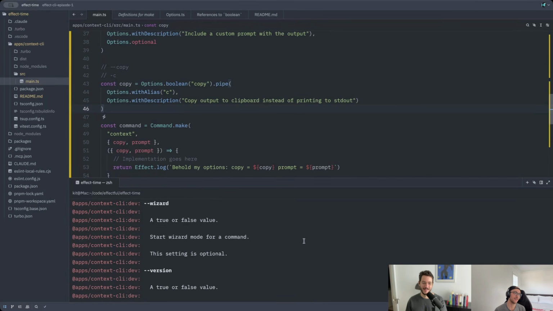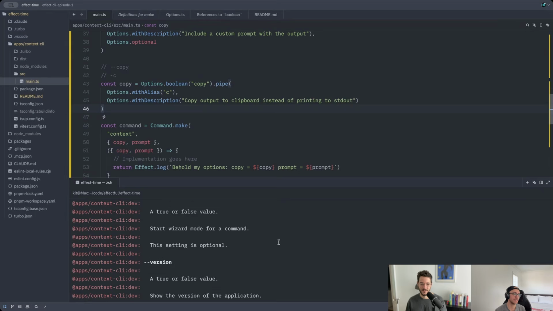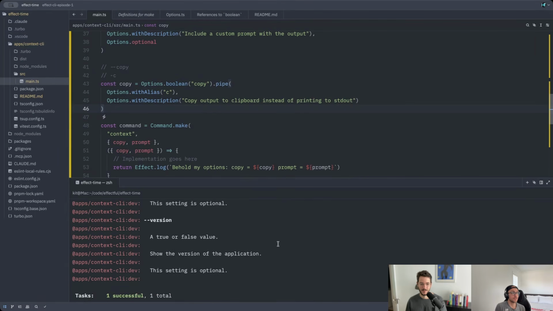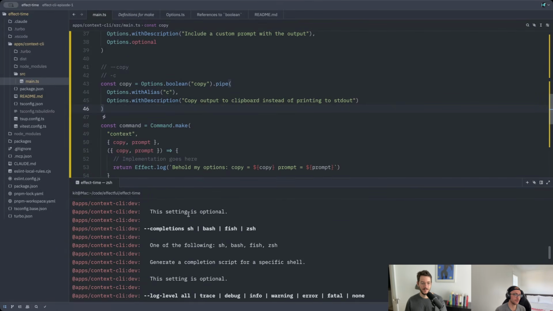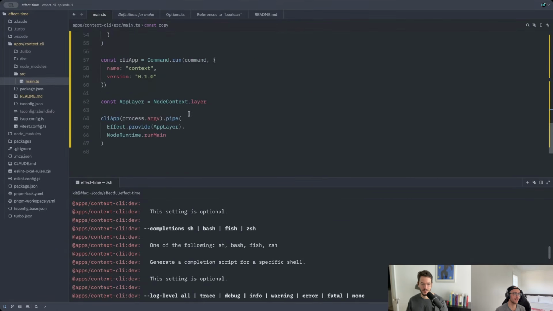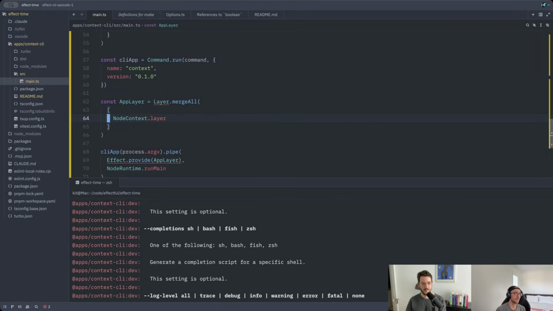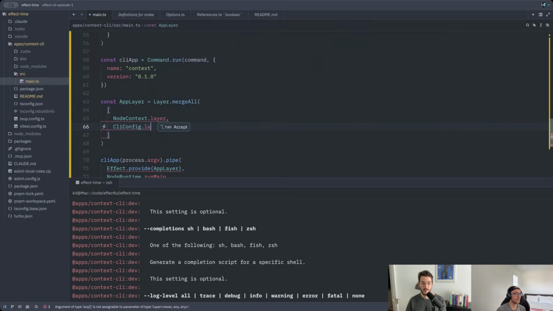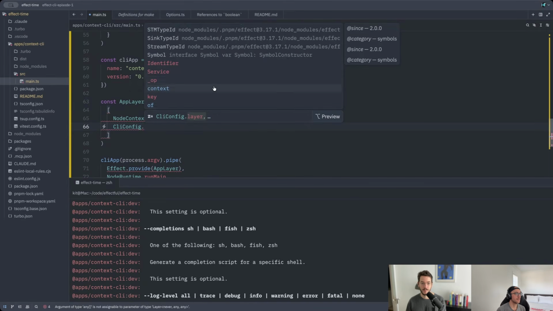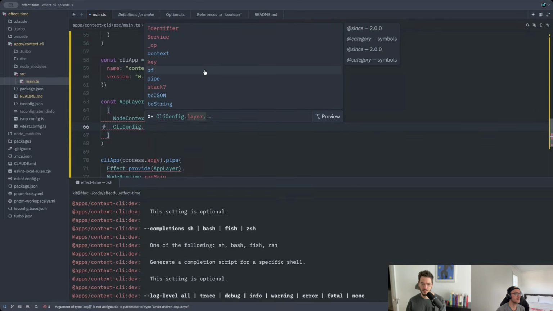Yes. And then by default, we print out all of the built-in arguments as well, like version and wizard, log level, etc. To turn it off right now, in your app layer you could do a Layer.mergeAll, and then make it an array of layers. And in here, there's a CliConfig module, where we can say